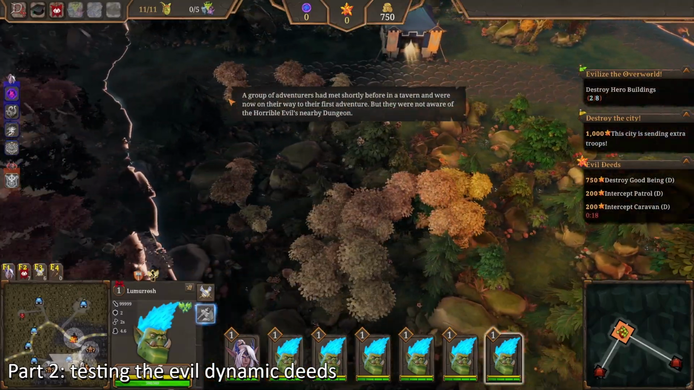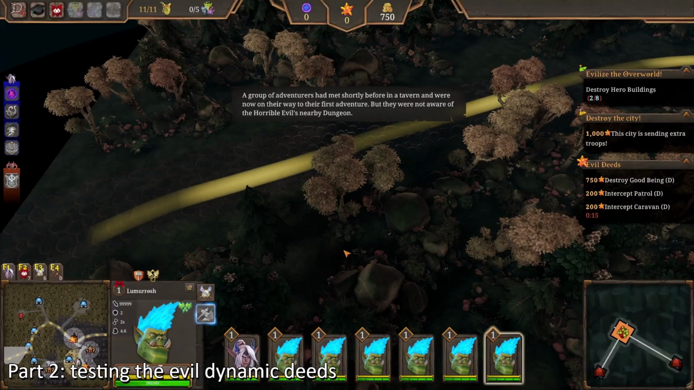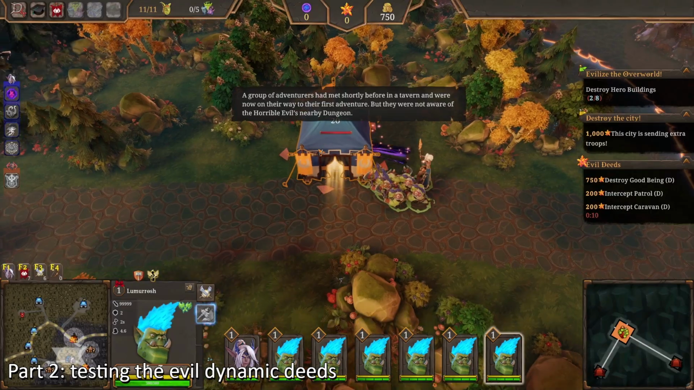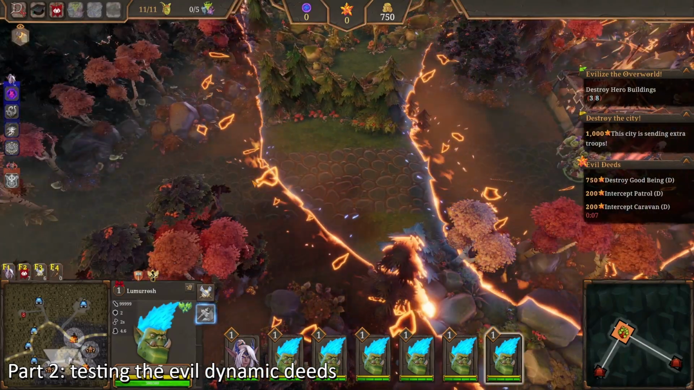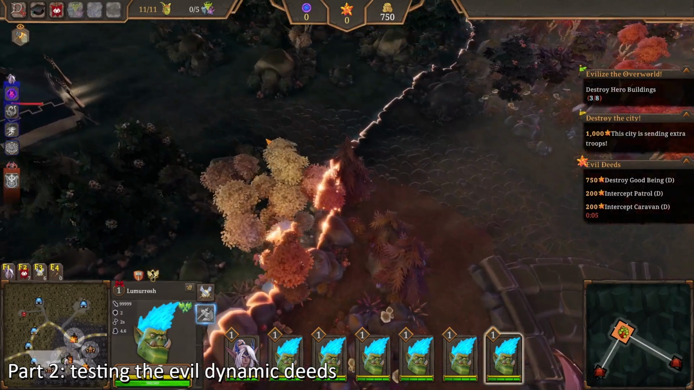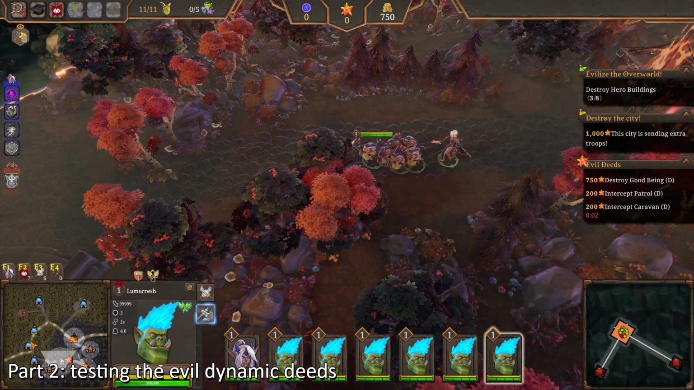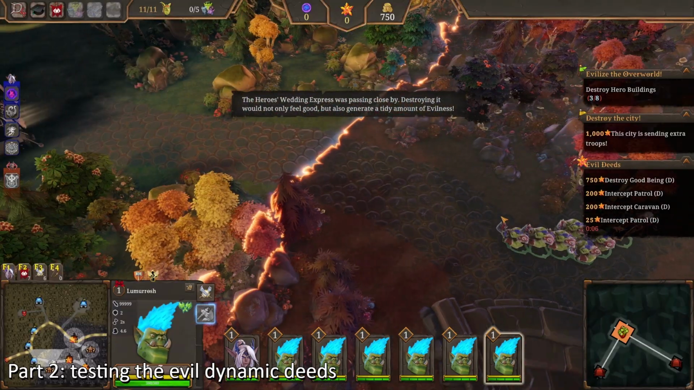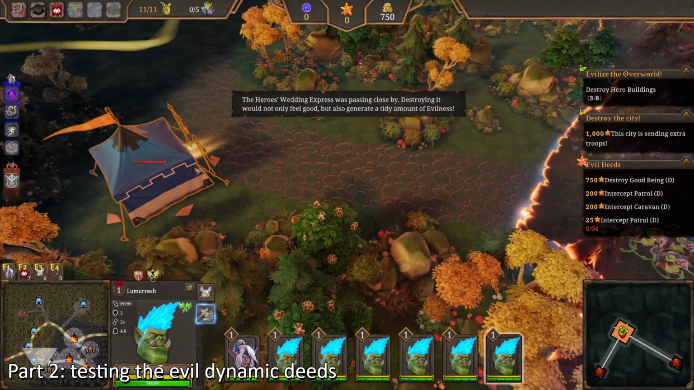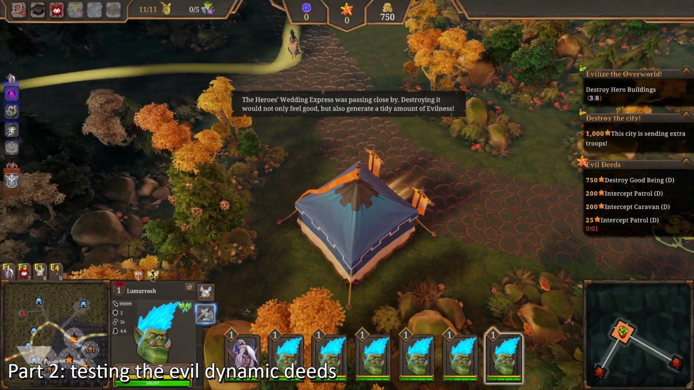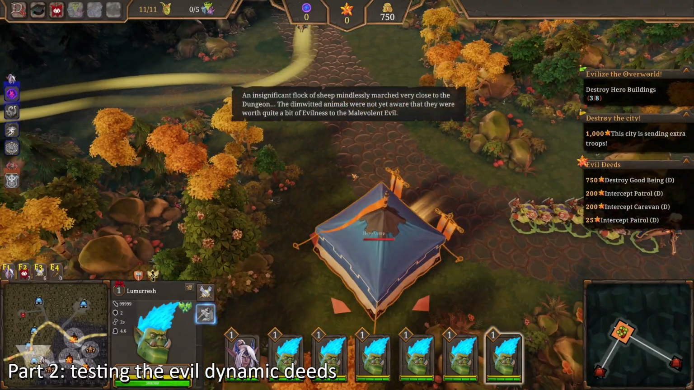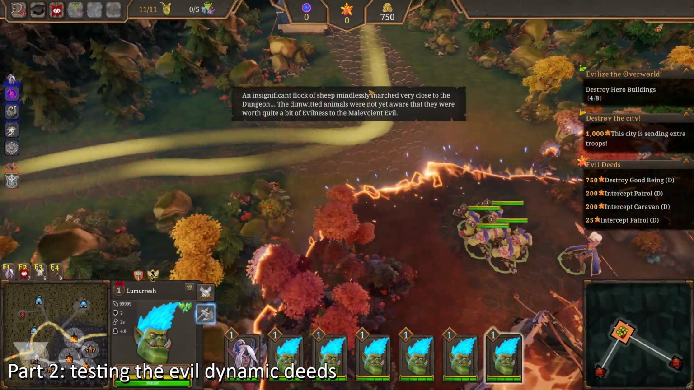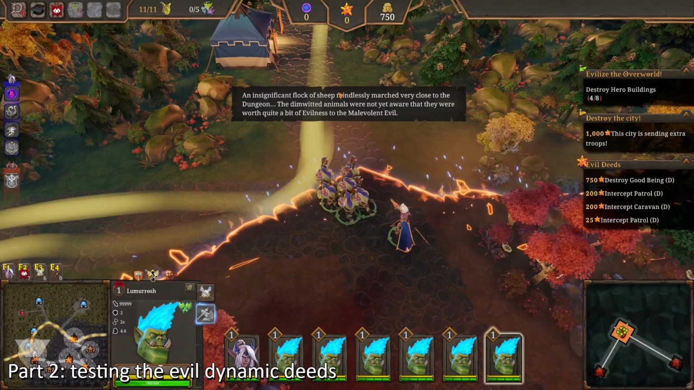A group of adventurers had met shortly before in a tavern and were now on their way to their first adventure, but they were not aware of the horrible evils nearby dungeons. The hero's wedding express was passing close by. Destroying it would not only feel good, but also generate a tidy amount of evilness. An insignificant flock of sheep mindlessly marched very close to the dungeon. The dim-witted animals were not yet aware that they were worth quite a bit of evilness to the